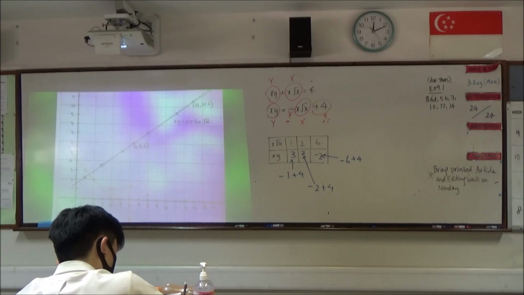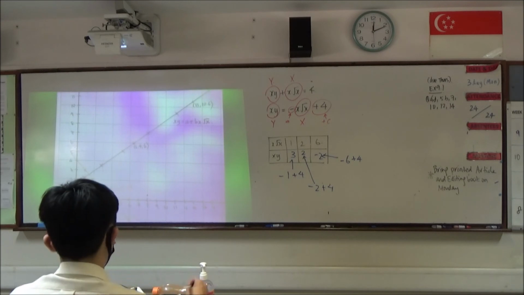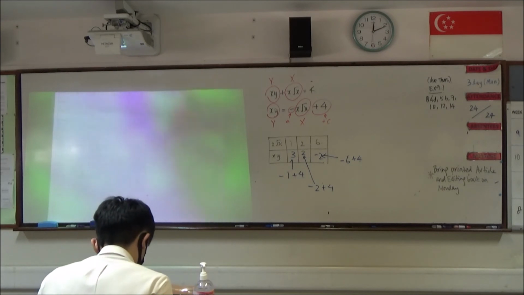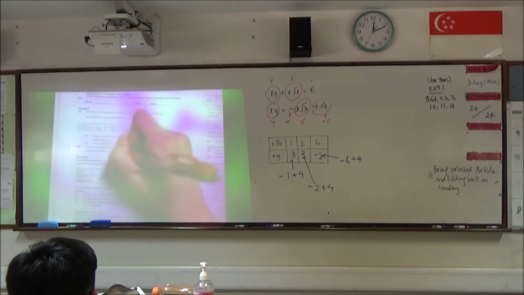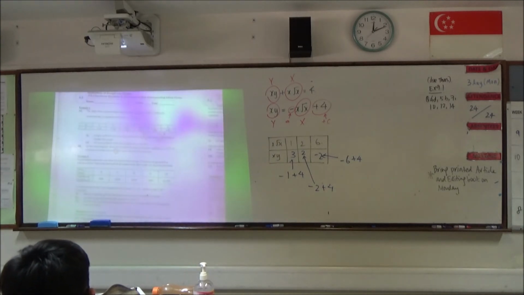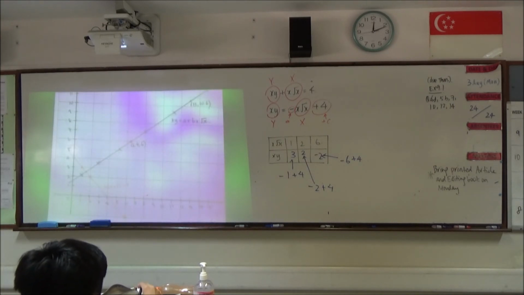Okay, then after, in part B, they continue to ask you to find the value of small x for which the two lines intersect. Remember, the question says, find the value of small x. Okay, small x and not big X. So how to solve for this? We look for the intersection point, no doubt.